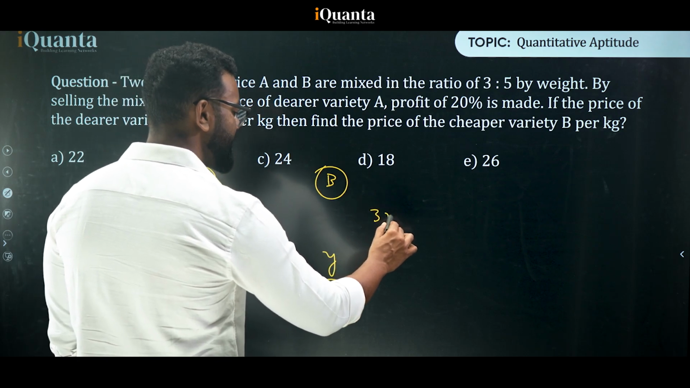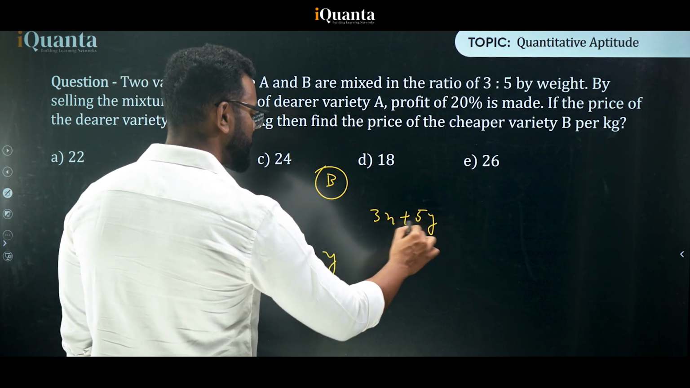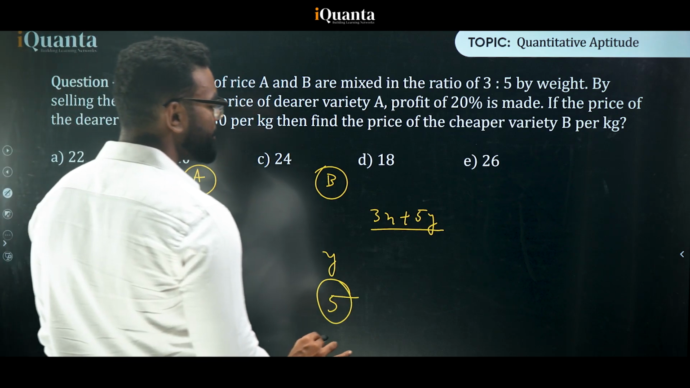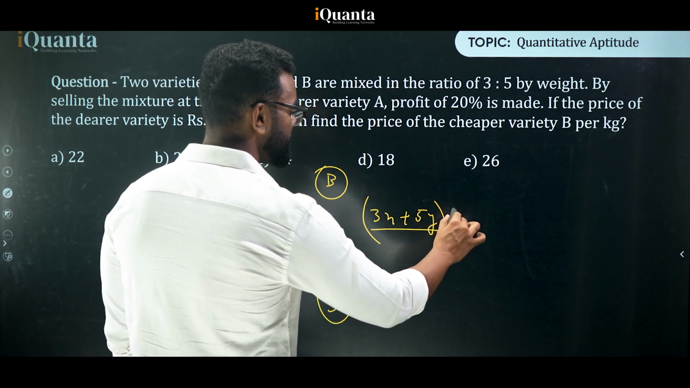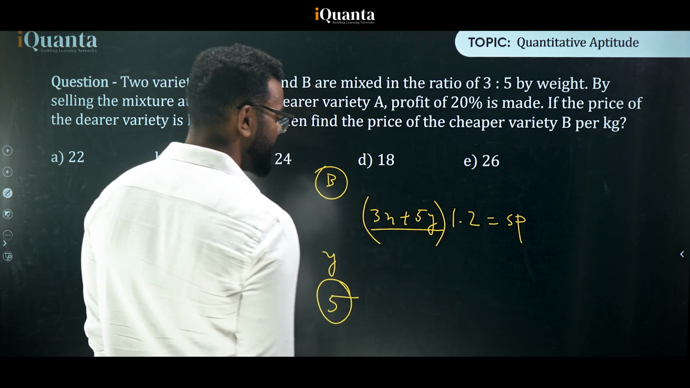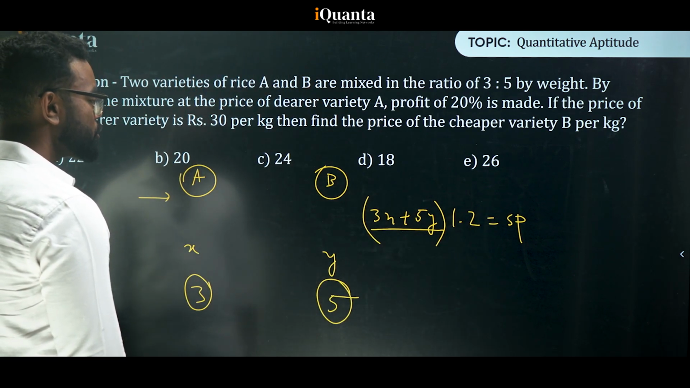So what is my cost price? The cost price is 3X plus 5Y. That is my cost price, right? Clear? Now what is my profit? The profit is 20%. So the selling price into 1.2 is the selling price. Now this thing is also equal to,